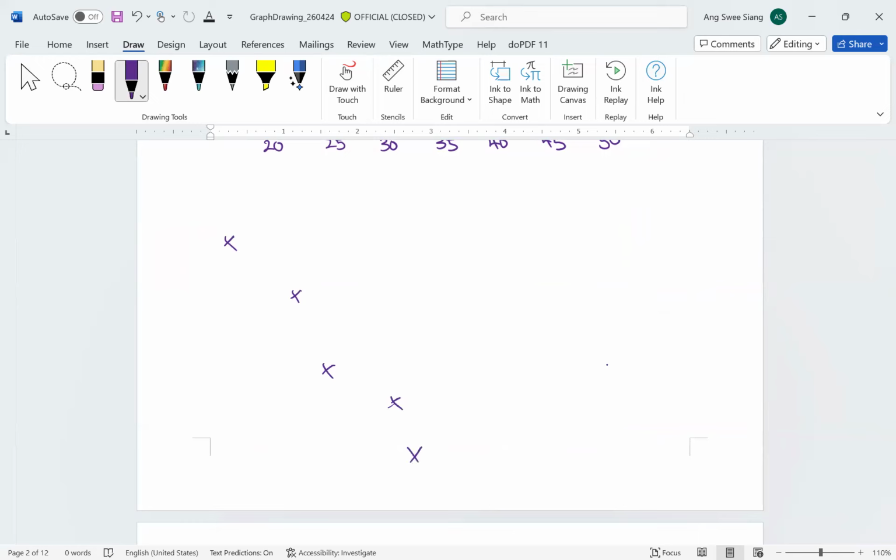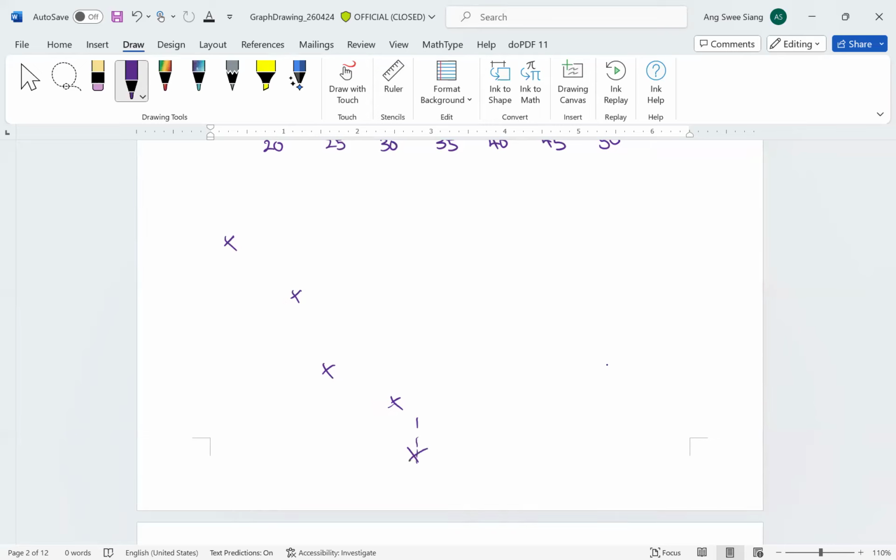Now, if you were to draw a best fit line, it doesn't have to pass through all the data points. A best fit line will be at equal distance to all the data points, or as close as possible to all the data points. So for this example here, when I draw a best fit line, do you realize that it doesn't